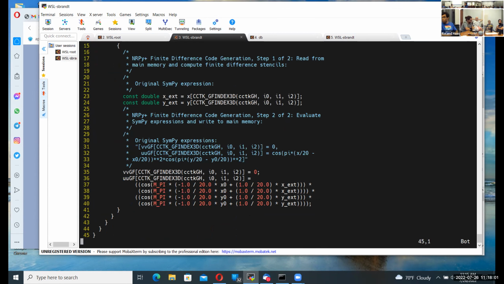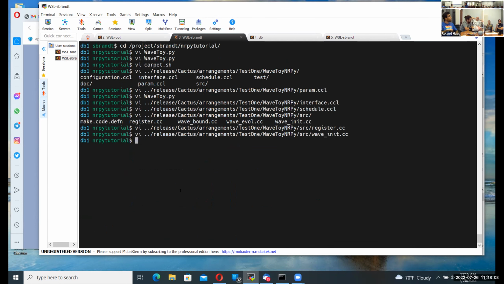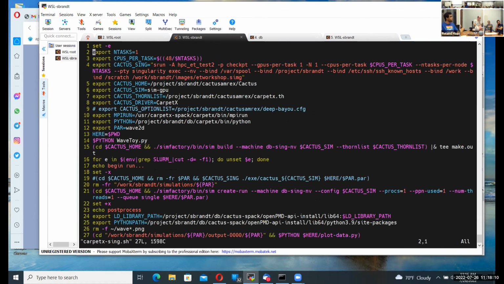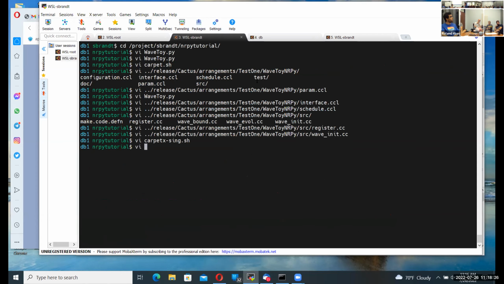All right, so that's the Carpet version. So let's look at the CarpetX. So I've got a CarpetX script, which is a little longer, and that's probably mostly because I've been working on it longer. This is the one that's using the singularity image to compile, and I've got that in my Cactus Home project as Brandt Cactus Amrex Cactus. So if I go into that one,